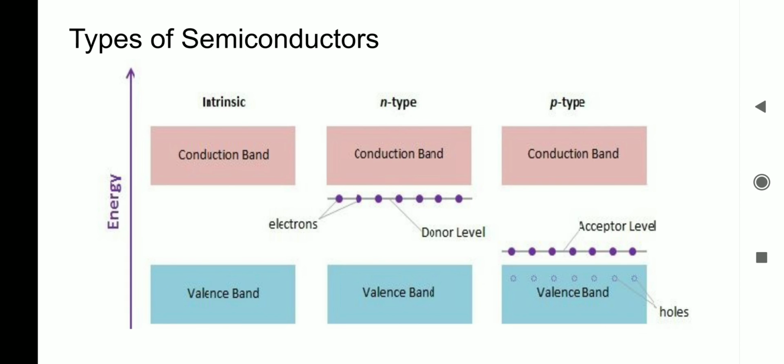Now let us see the P-type semiconductors. P-type semiconductors are formed by introducing a trivalent impurity such as boron into the intrinsic semiconductor. This type of impurity is called acceptor impurity. The energy level of the acceptor is close to the valence band and it consists of holes, that is, no electrons are present in this level. Now, electrons from the valence band can be easily excited from VB to that acceptor level, and this contributes to the conductivity of